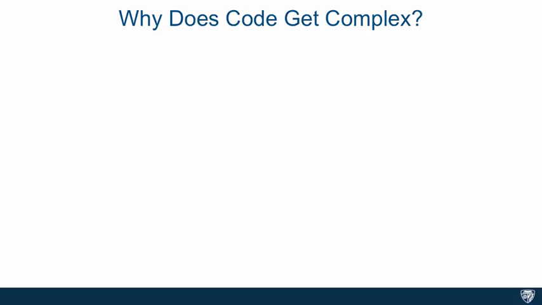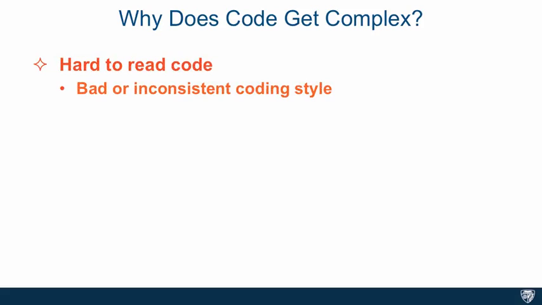So why does code get complex? In other words, what makes it lose those good code characteristics we spoke about? Well, one of them is if people write hard to read code. And that can include bad or inconsistent coding style, so it's one way in one part of the file, a different way in another part of the file, and the spacing is all messed up and it's just simply hard